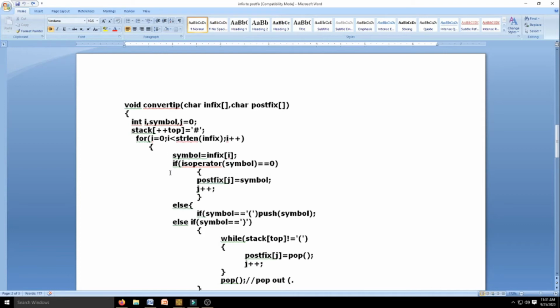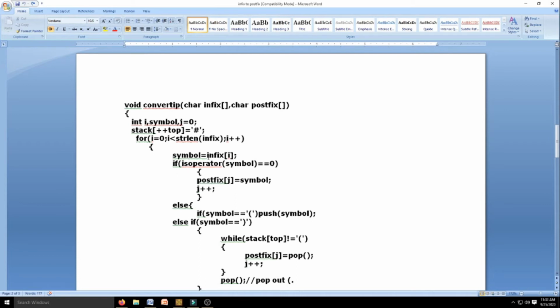Okay. So what am I supposed to do? For each character I get, first of all I have to decide whether this is an operand or an operator. As shown on the diagram today, if it is an operand, directly transfer that to output. Now how am I doing this?